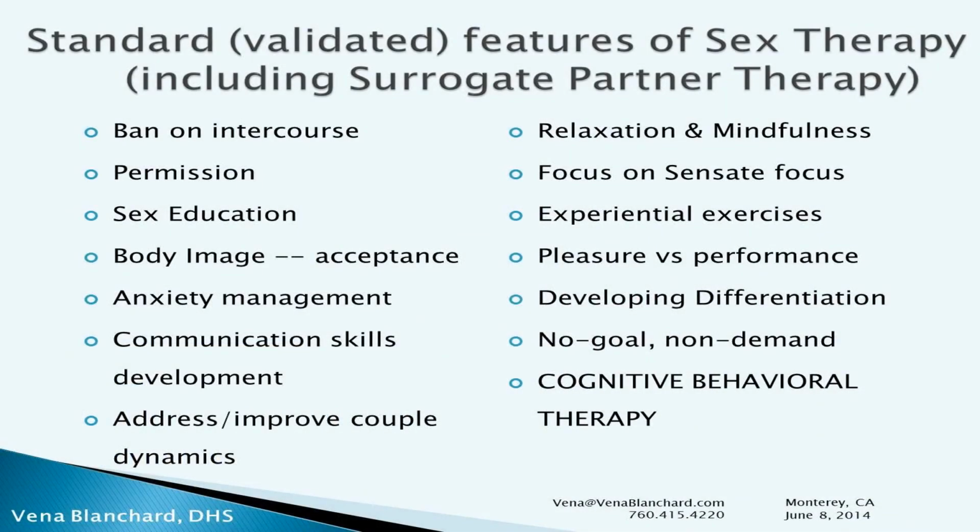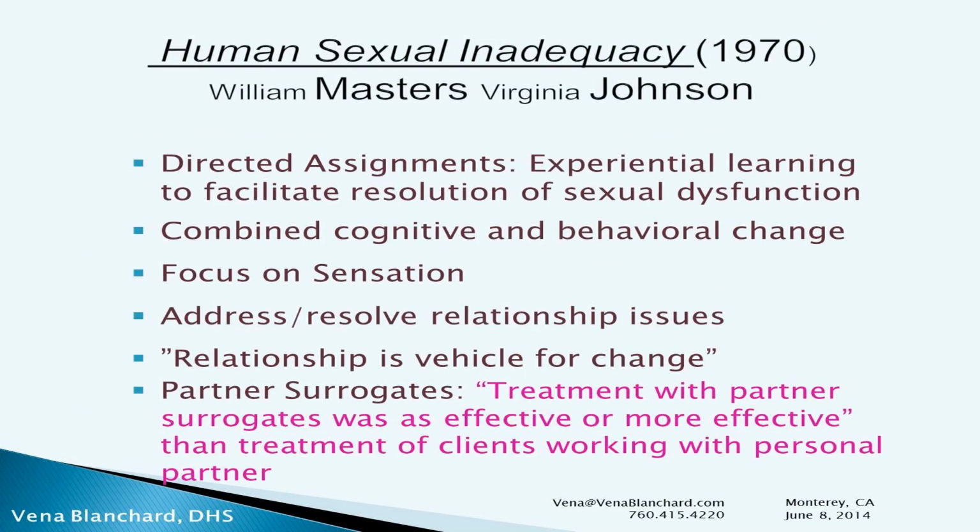The research. Number one, most of surrogate partner therapy is made up of the same stuff that standard sex therapy is made up of, and benefits from all the research that's been done on all the cognitive behavioral treatment. Everything from the body image research, the sex education research, the mindfulness research, sensate focus research, anything used in any other methodology that is sex therapy based has relevance for surrogate partner therapy. But the first research about surrogate partner therapy was done by Masters and Johnson.